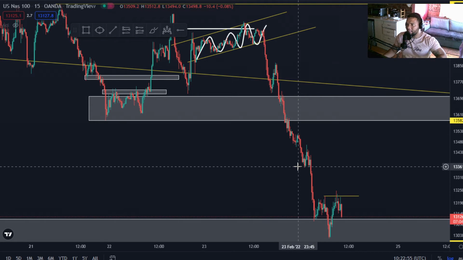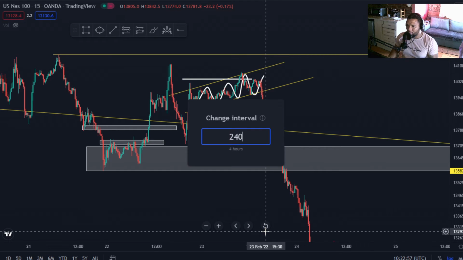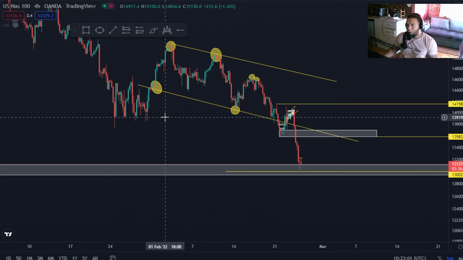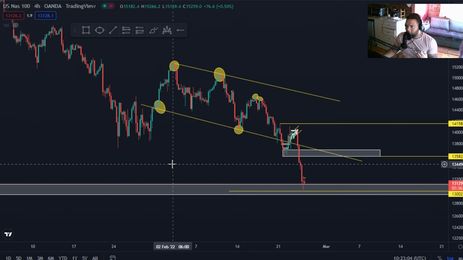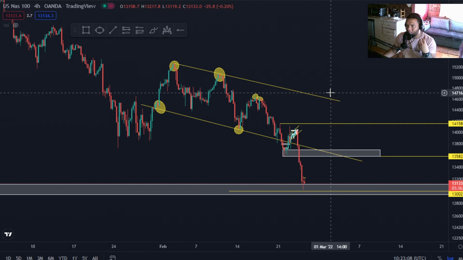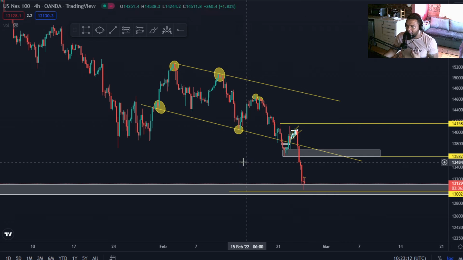But guys, I didn't. The reason for that is we were still basically trading in this descending corrective formation on a 4 hour time frame, guys, and it's highly likely that price would have respected this area and then continued to the upside. But with this fear in the market, the price basically started to drop heavily to the downside.